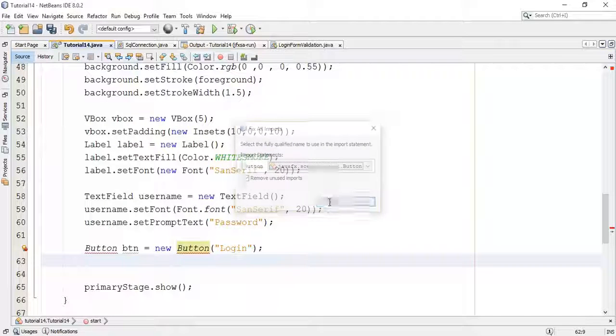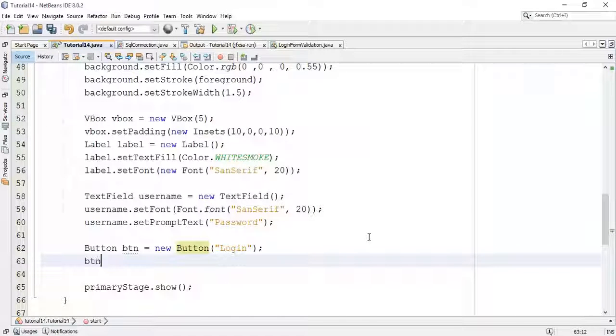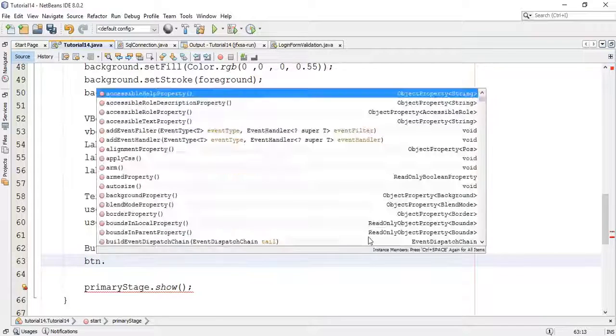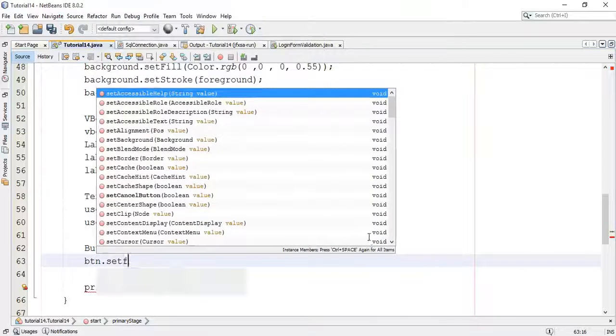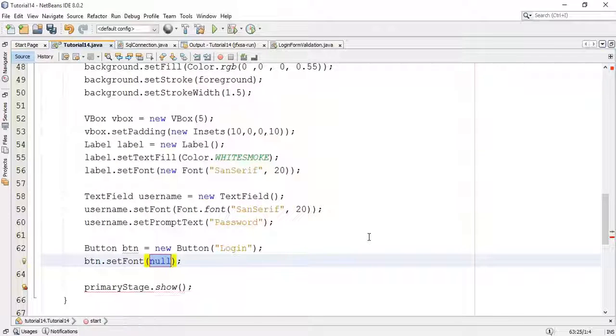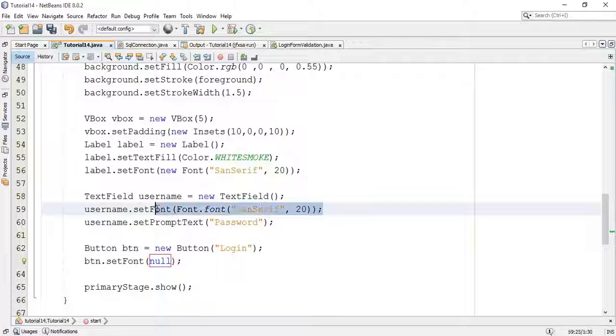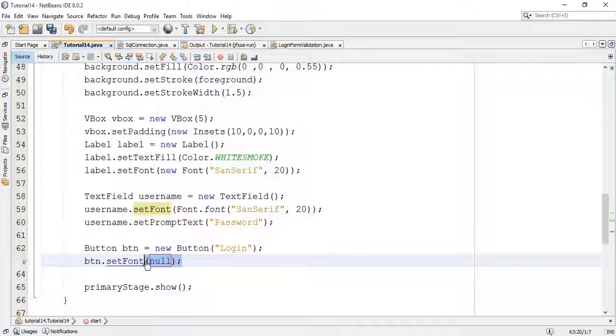javafx.scene.control.Button. Okay, now I'm going to set the font for the button. So button dot set font, and I'm going to copy the font of this text field and make it 15.